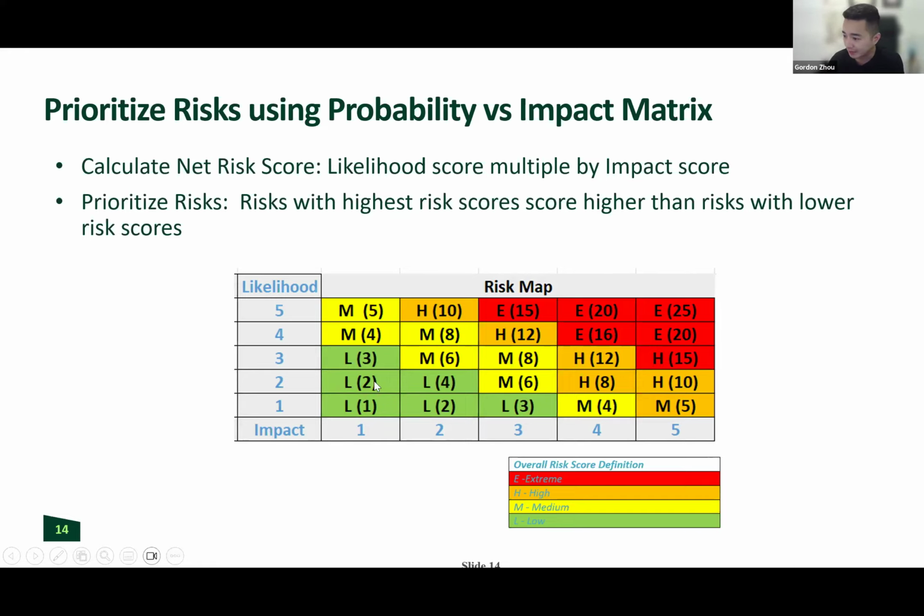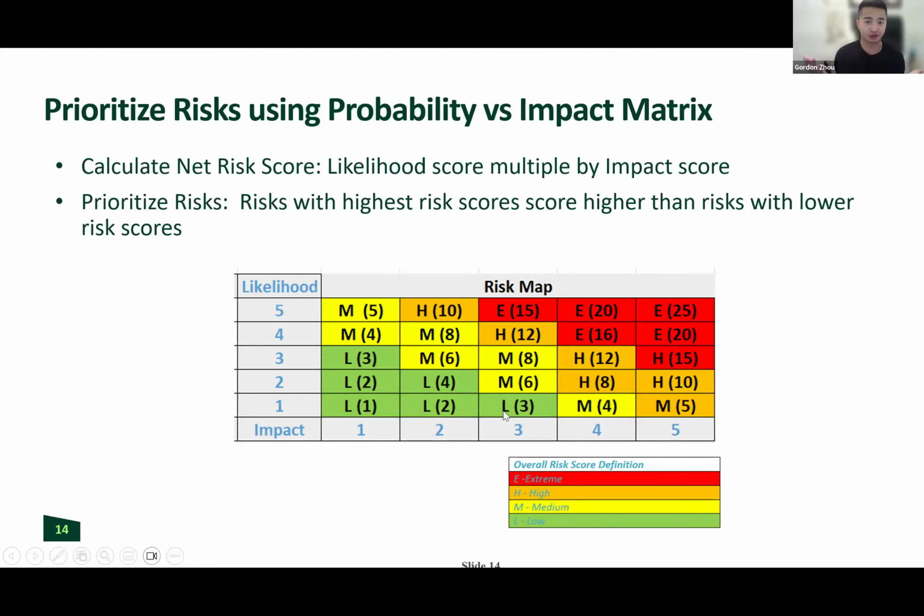If it's green, what does that mean? It means overall it's a low priority risk. And if you do that, let's just say for a project, you have 10 risks. For each of those risks, you give it a likelihood score, you give an impact score, you multiply it. So each of those 10 risks will have a net score. So there should be 10 net scores. So maybe risk number 1, you do the multiplication, it has a score of 2. The next risk, you assess, you do the multiplication. That one has a score of, I don't know, likelihood of 3,